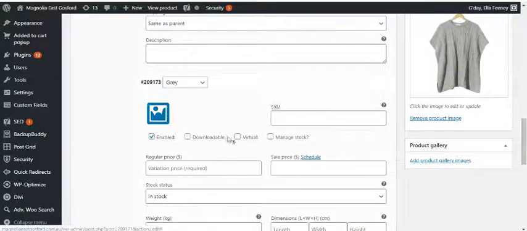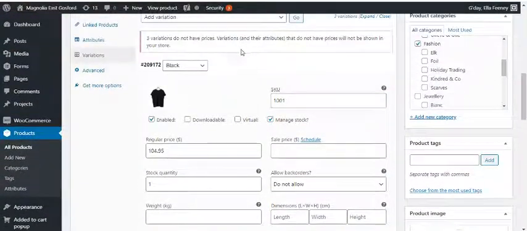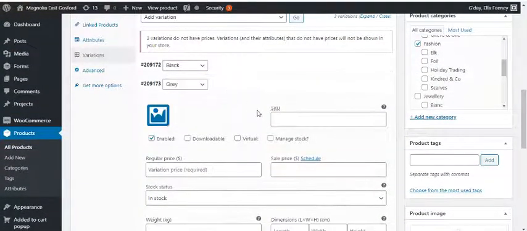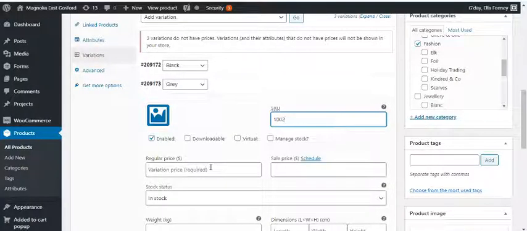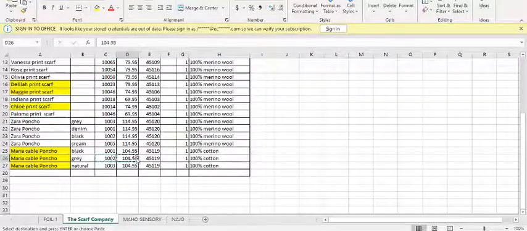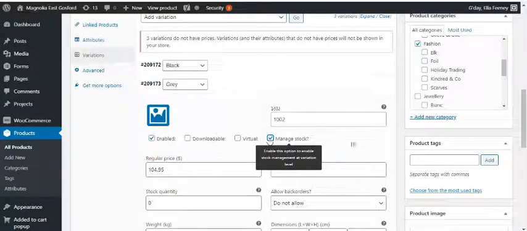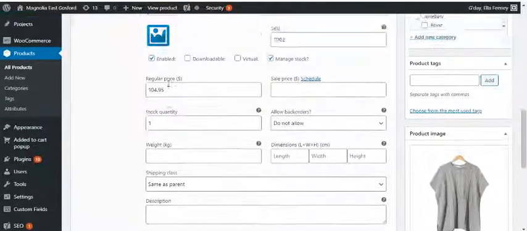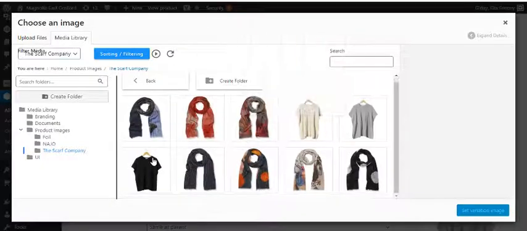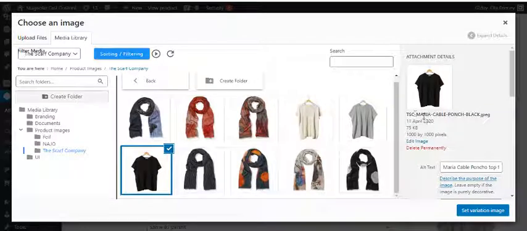Now we'll set our grey image. So that variation of black is finished. Now we need to add the details for grey. So our next option, sorry, our SKU, our price, manage stock, because this site is managing the quantities on the website, and then add the image. Now remember here, because we've given these images good titles before uploading,